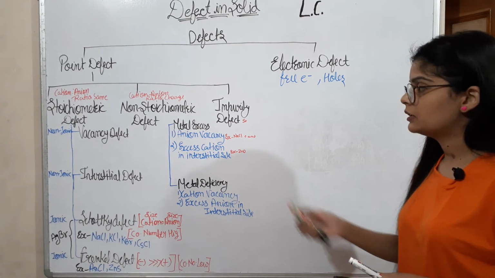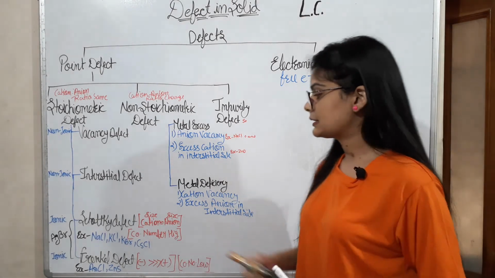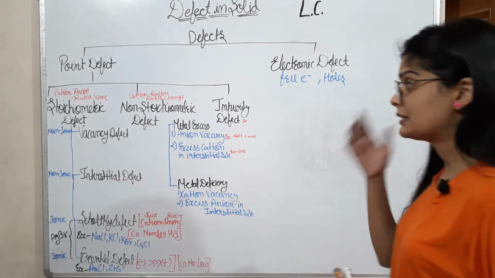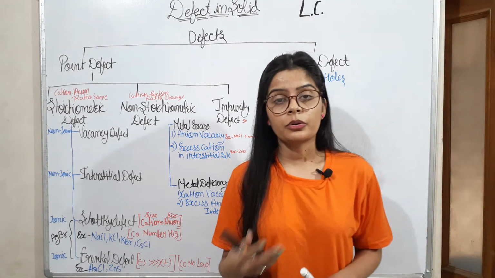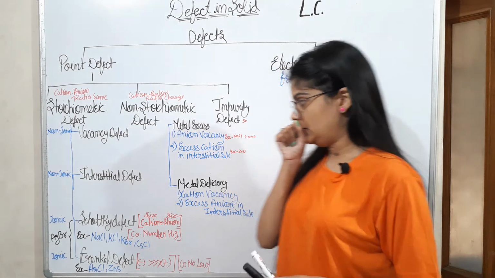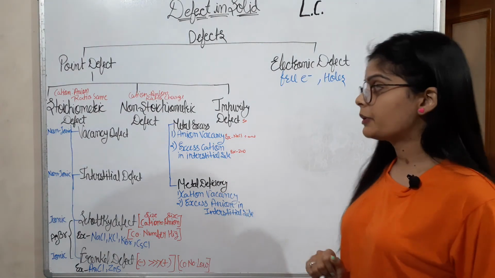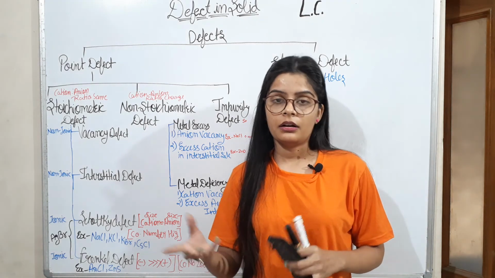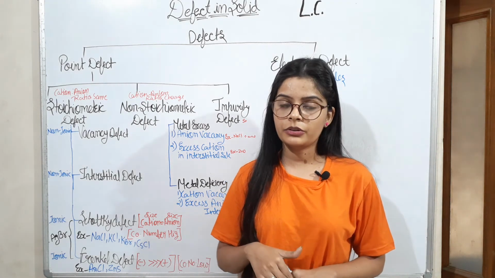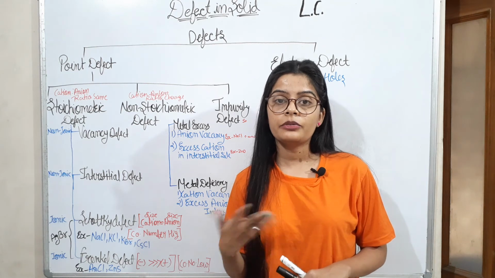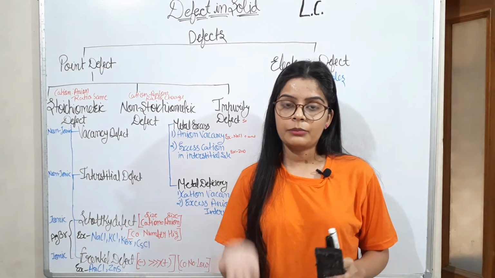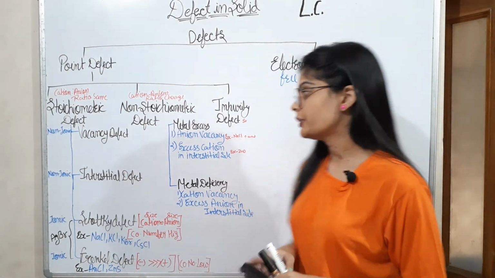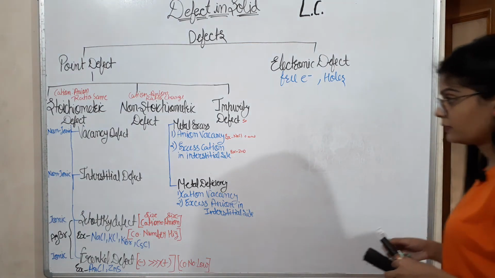The types are metal excess and metal deficiency. Metal excess means the metal is increased in number, and to increase the metal, there are 2 conditions. You can add an additional metal atom to it, or you can remove an anion. So by removing an anion, the number of metal atoms is increased. Okay, there are 2 conditions. So first of all, for metal excess,